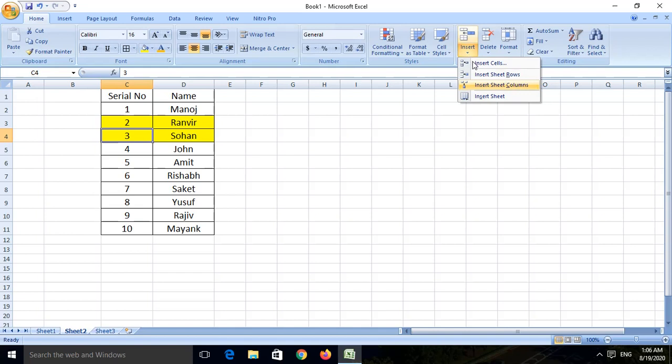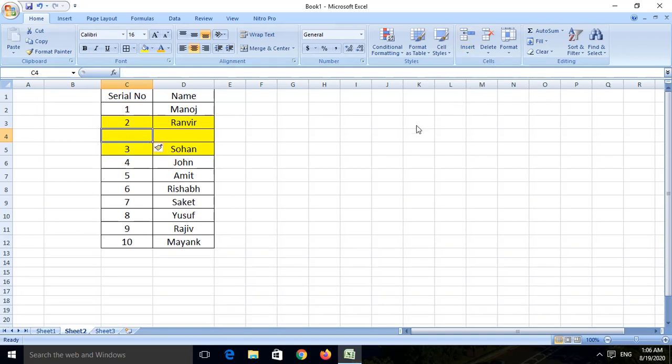Now when you click on insert, you will get insert cell, insert sheet rows, insert sheet columns. Now when I click on insert sheet rows, what happened? Between 2 and 3, a row is created.